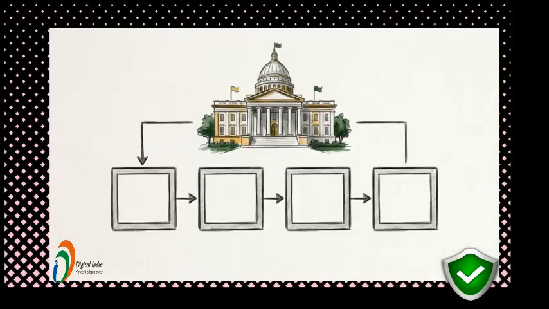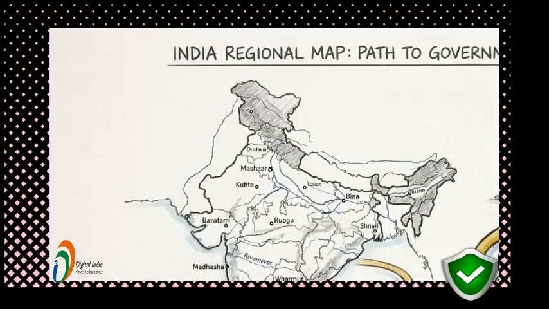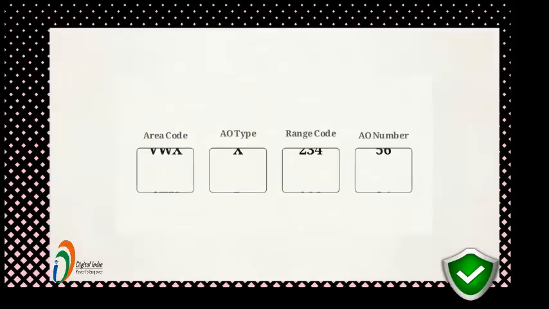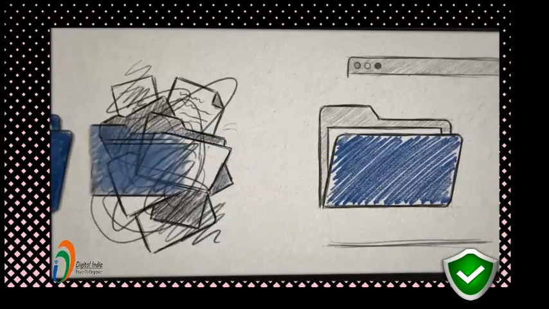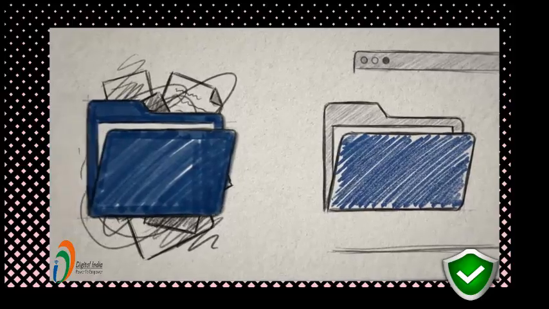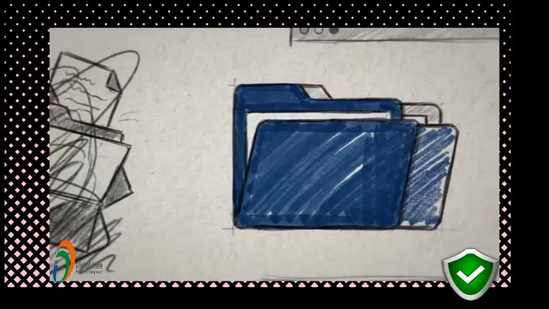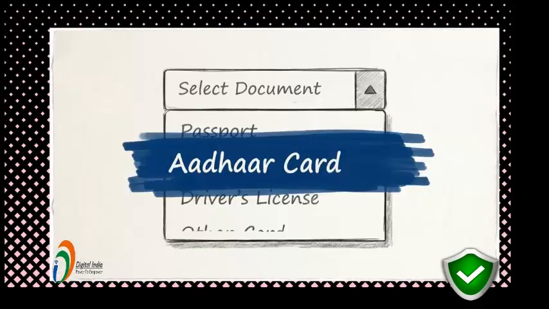You will then hit a page asking for your AO, or Assessing Officer code. This tells the system which regional tax office will handle your paperwork. Skip trying to look this up manually. Scroll down to the built-in search tool, select your state, and then your specific city. The portal will automatically fetch the correct digits and fill the boxes for you. Getting that code right routes your application directly to the correct local jurisdiction, preventing administrative delays at the Central Income Tax Department.